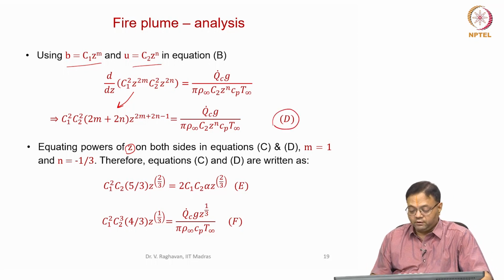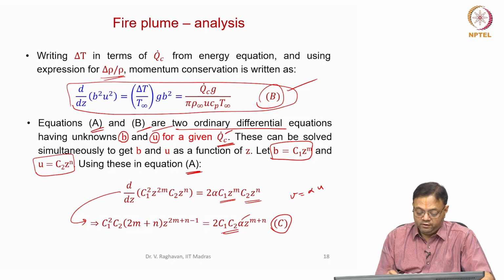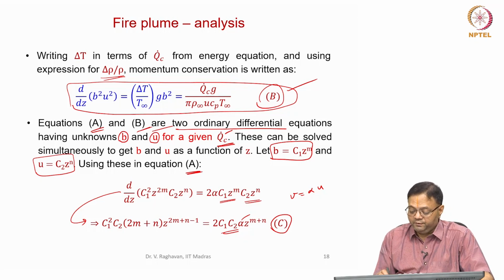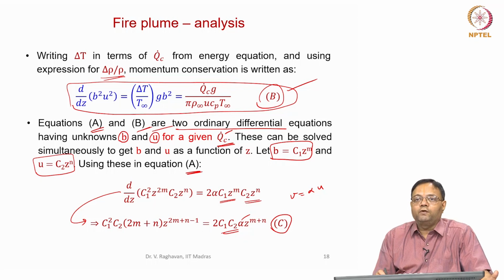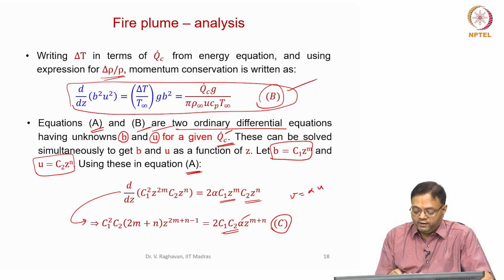Now go back to equation C. Now, z power 2m plus n minus 1 is there in the left hand side. Here z power m plus n is there in the right hand side. But since these two are in an equation, we can equate the power of z, because I don't know the values of m and n. So, if I equate the powers of z in the left hand side to the right hand side,